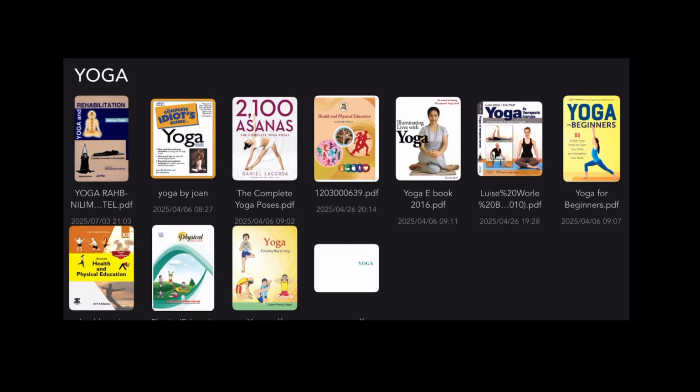For yoga, as I told, there was not a single book I used. So I used this one, which was Yoga and Rehab by Nilima Patel, from JP publication. Then this was one book, Complete Idiot's Guide to Yoga by an author named John. And mainly I used the health and physical education textbooks of class 12th of the Maharashtra board, that is HSC, and of CBSE, because physical education textbooks have all or most of the yogasanas which are included in our syllabus,